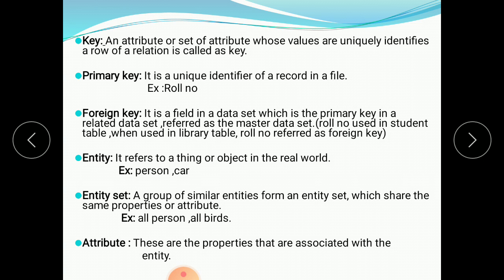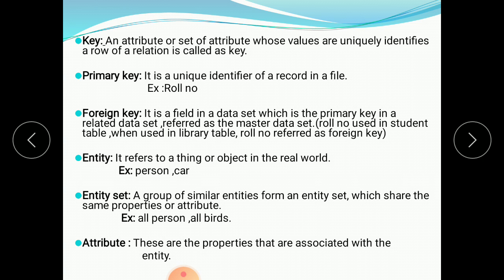It means that same key we have used in another table for reference purposes. It means how we connect one table to another table using that primary key, that is called a foreign key. The data set is referred to as the master data set, meaning the master key we use to connect two tables. Then when used in the library table, roll number is referred to as a foreign key.